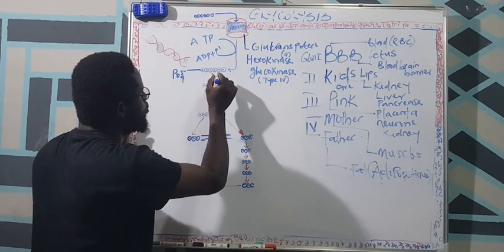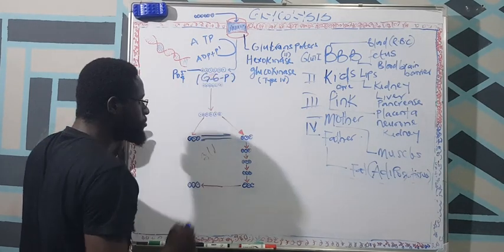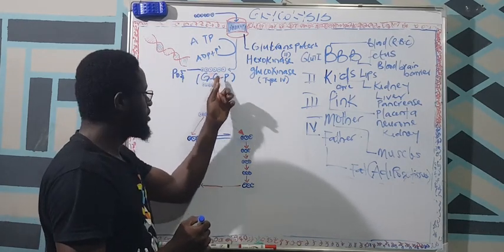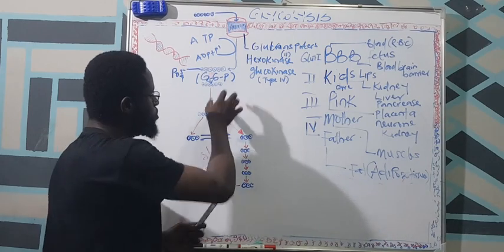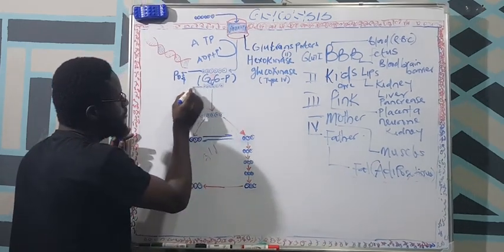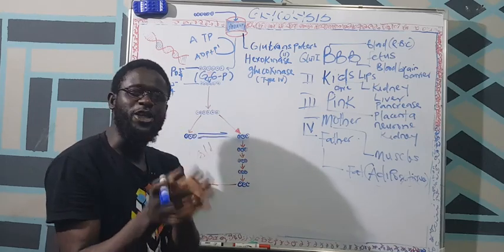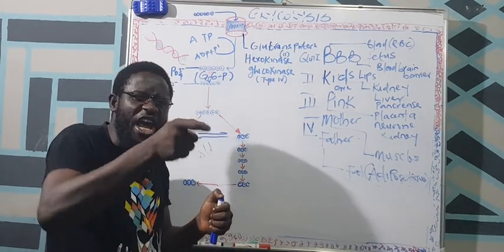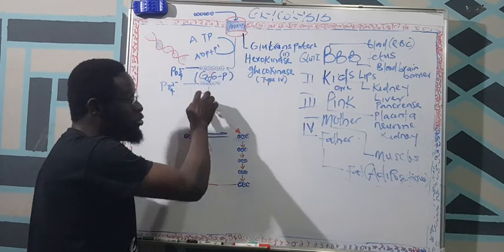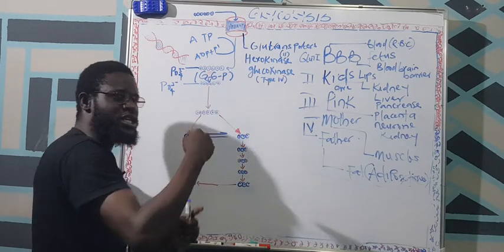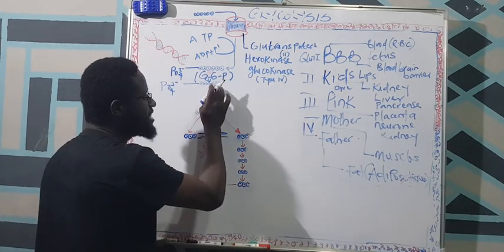So this is glucose 6-phosphate. From glucose 6-phosphate, there is an enzyme that changes glucose 6-phosphate to fructose 6-phosphate. So the action on glucose 6-phosphate is just a change, an isomerization reaction, where glucose is an aldehyde, while fructose is a ketone. So the enzyme responsible is just isomerizing glucose to become fructose by changing the carbonyl group from an aldehyde to a ketone. So the enzyme responsible for this reaction is called